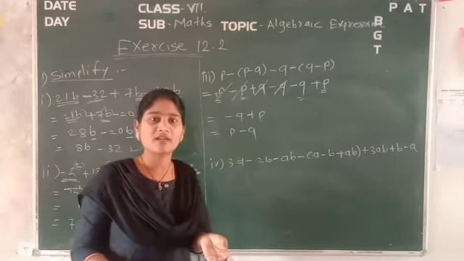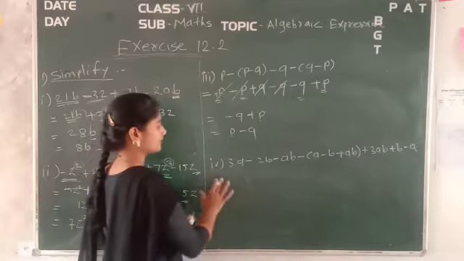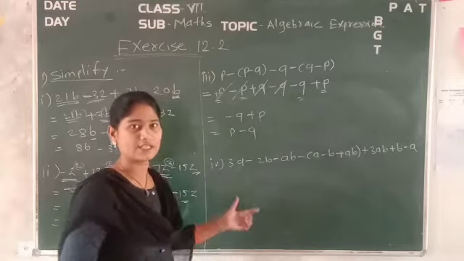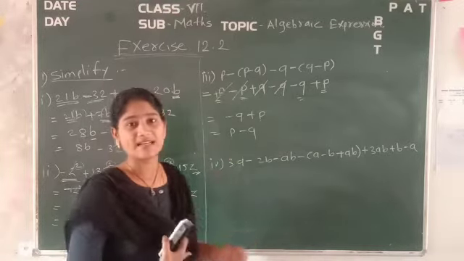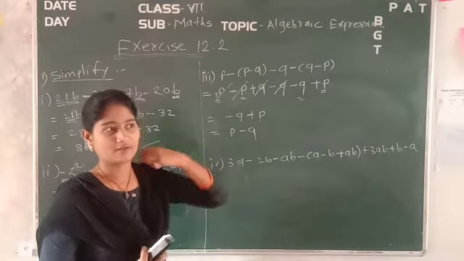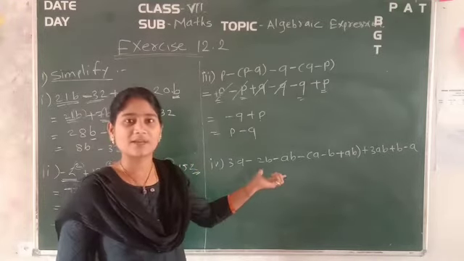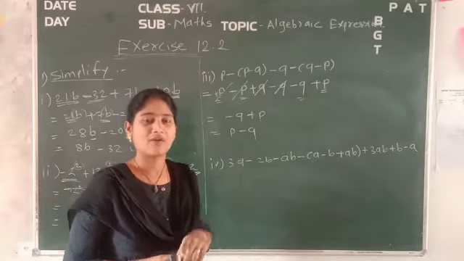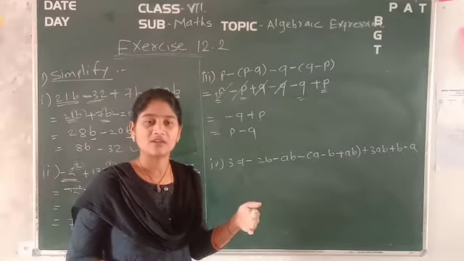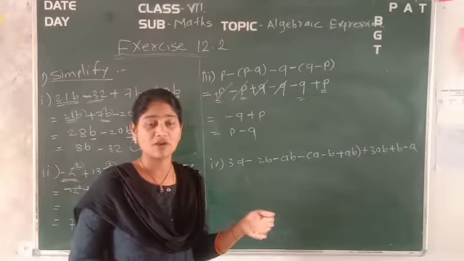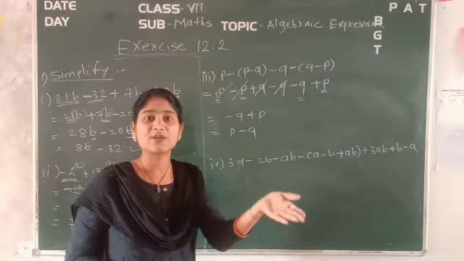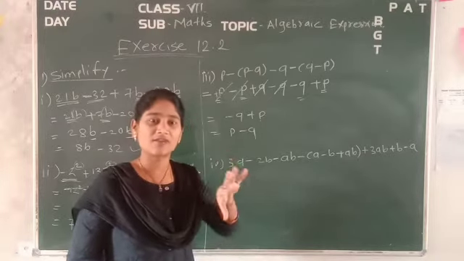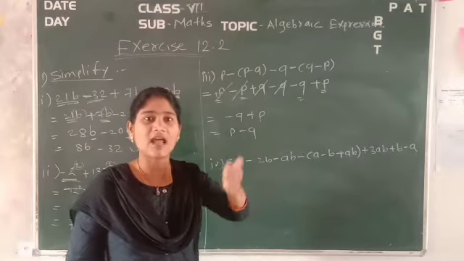Binomial and trinomial. Okay. So see, now next, for this equation also we have to follow this minus-plus rules. Within that algebraic expression we are just remembering whatever we have learned: whatever the like terms, whatever the unlike terms, whatever the rules of plus into minus, minus into plus, we are just trying to remember it.